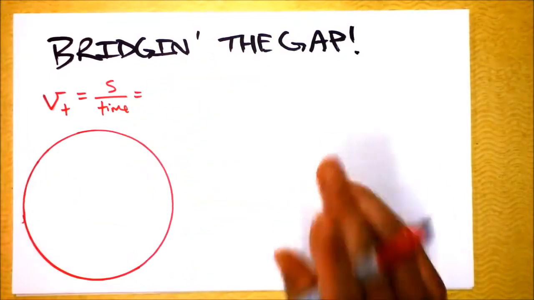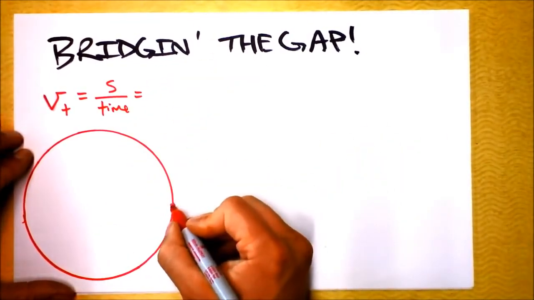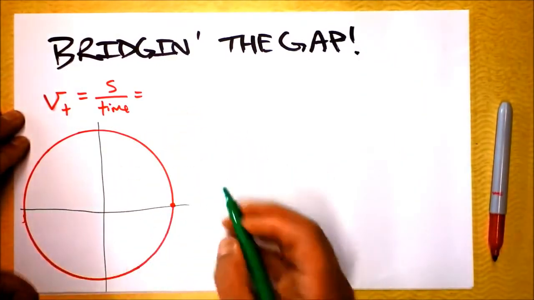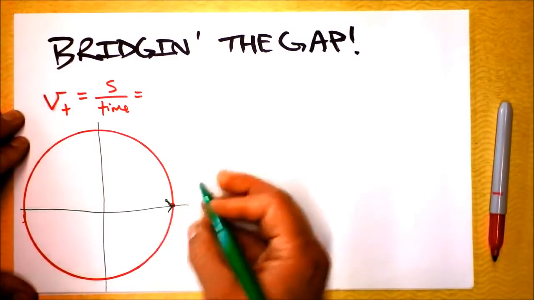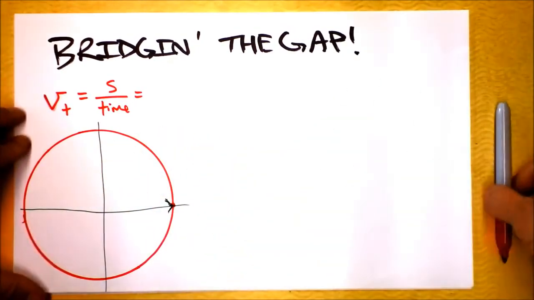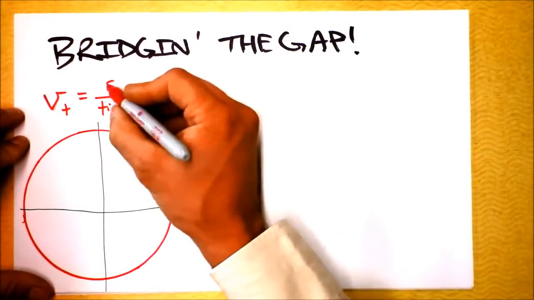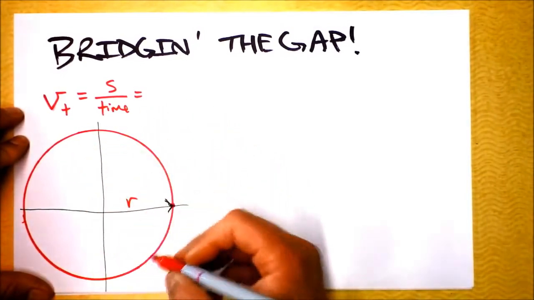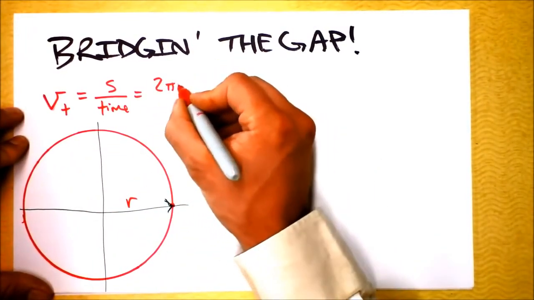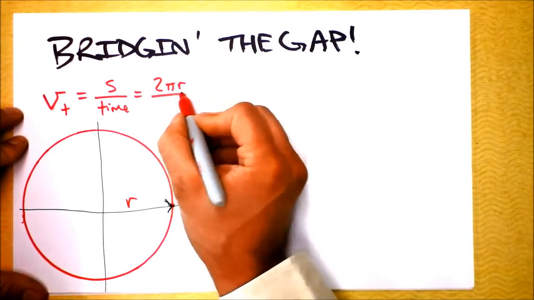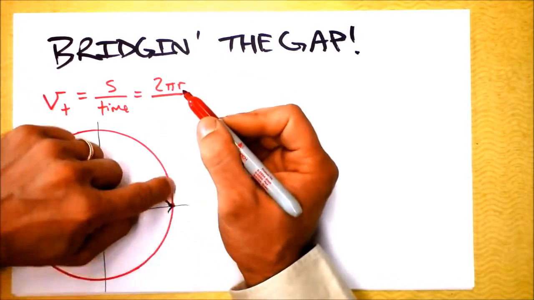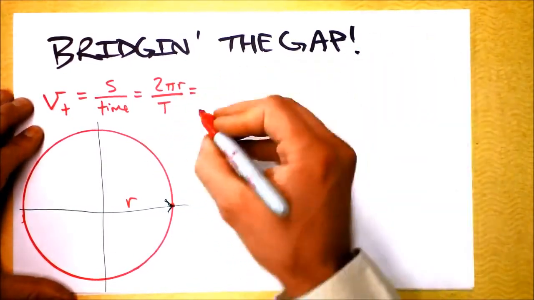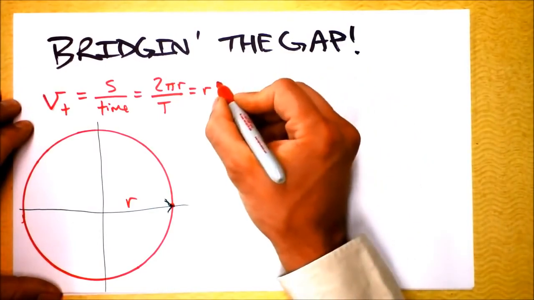So let's consider one circular path that we can easily understand, and that would perhaps be starting here and going all the way around. So what is the arc length if we go all the way around? Let's say this is a distance r. Well, it's going to be 2 pi times r. Everybody in 5th grade has learned that the circumference of a circle is 2 pi r. But what's the amount of time that it takes for something to go all the way around? That has a special name also. It's called period. So let's identify this a little bit more carefully. We're going to say this is r times